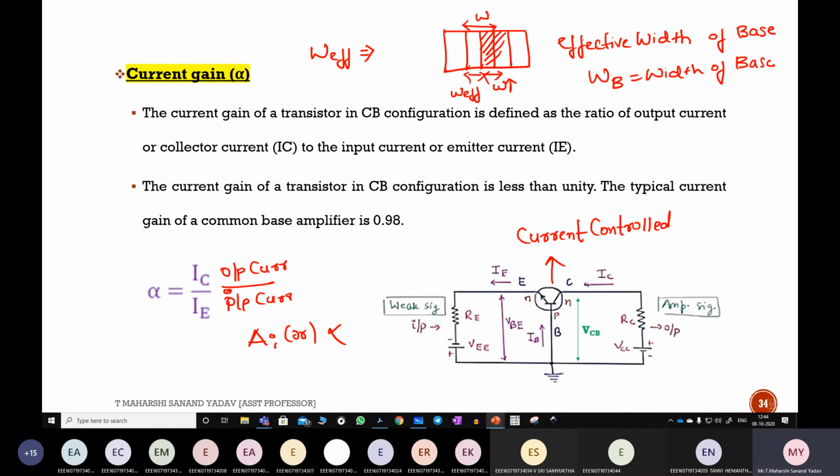You can take any other value also, like A or B, no issue. So the entire width will be A plus B. I think everyone is getting irritated with this concept. It will look in the same manner only: alpha, beta, gamma. After finishing all these relations, you'll get confused definitely.